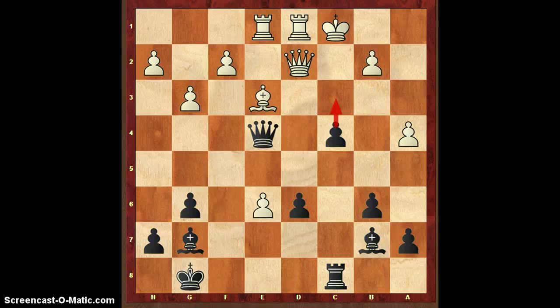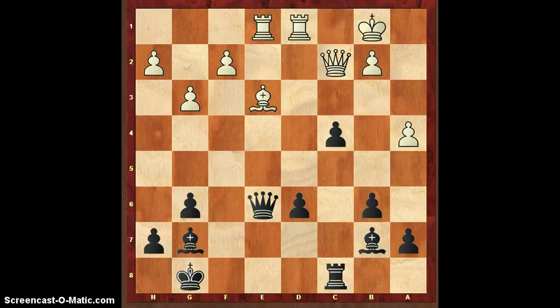And if for example Zak played queen to c2, then queen takes on e4, king to b1, bishop to e4, attacking the queen. The queen is pinned, so it cannot move, and rook to d3, unpinning.